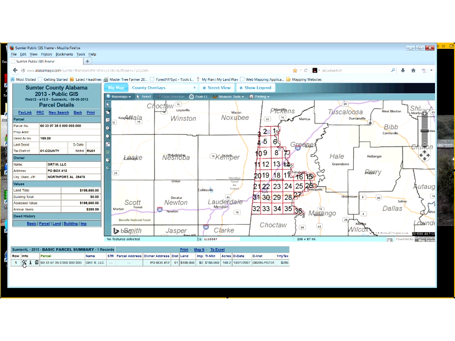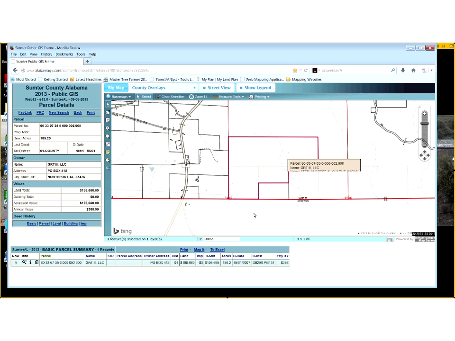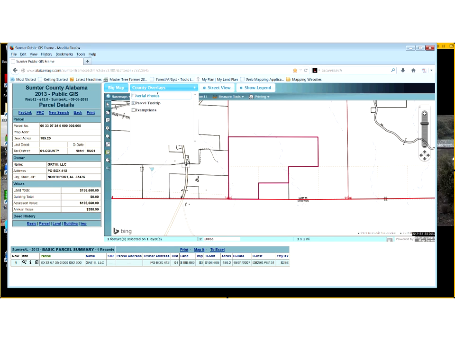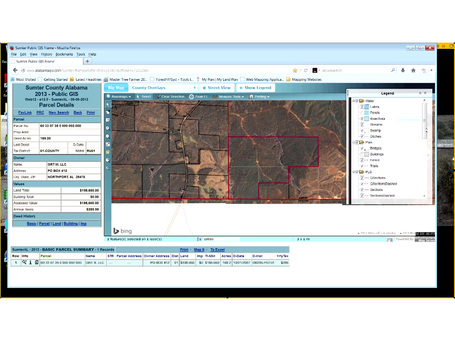And then it also has this little zoom tool right here. So I click on that, and what it does is it zooms me into that property. Okay. Now, I don't have aerial photography turned on automatically. That's up here where I see county overlays, and aerial photos are just turned off. And so now you can see the aerial photography. It doesn't tell me what year it is. That might be under Show Legend. And so if I click on Show Legend, now